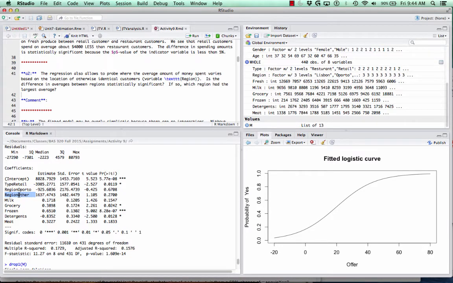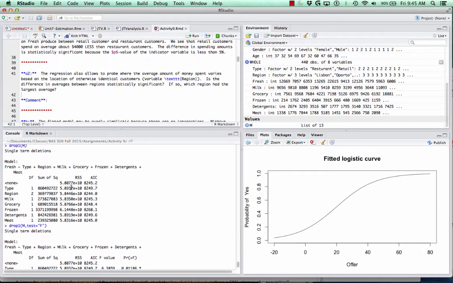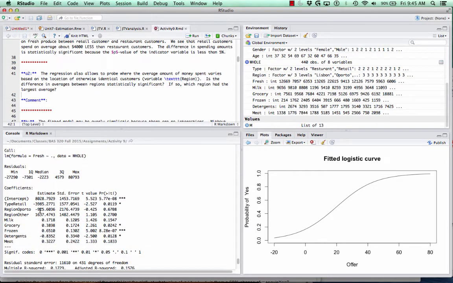We want to know if there's any sort of difference, and so that's why we look at drop 1. And we look to see, is there any difference in the average value of fresh between the different levels of region? And no, we see the p-value is bigger than 5%. So even though we do see relatively pronounced differences in the averages, it turns out that the difference in averages is not statistically significant. I would expect to get that much variation in the averages just by chance alone. So no, the difference in averages is not statistically significant